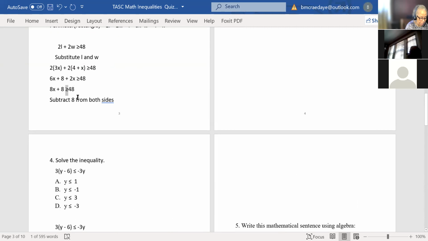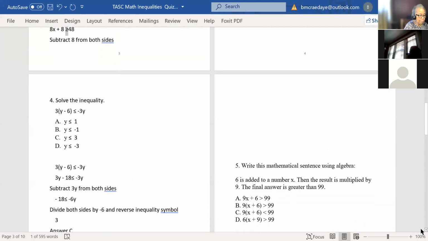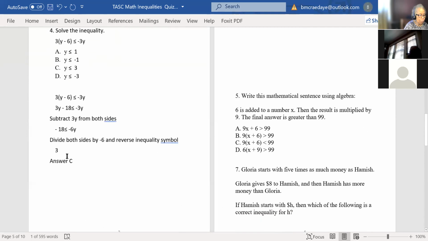So let's put our greater than or equal sign here. So 3 greater than or equal to y, right? And y less than or equal to